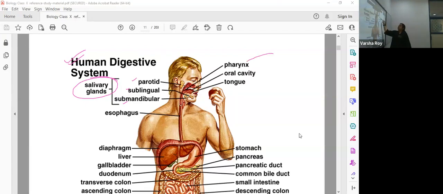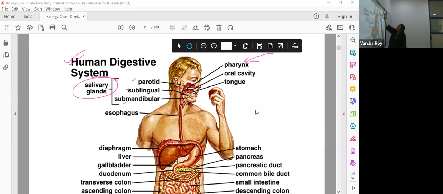Then there is the pharynx, a common passage for food, and it's also a common passage for air, for inhaling of air as well. So this is also there. Next, after this,